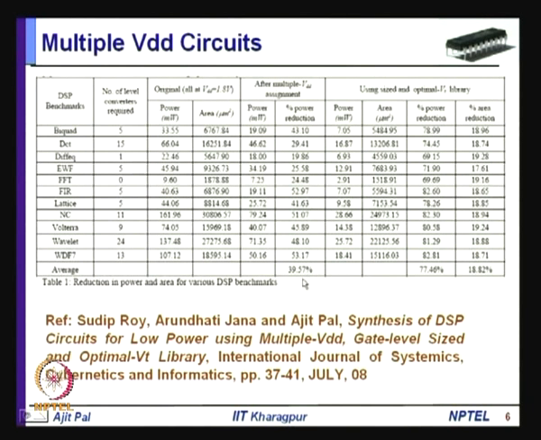And of course, whenever you are just reducing the voltage and not changing anything else, there will be no increase in area. So, area will remain the same, and the only reduction will be in the supply voltage, and that will lead to reduction in power dissipation, and you can see you can reduce 39.57%. Of course, this part we shall discuss later, where we can use different threshold voltages for reducing leakage current, that we shall consider later.